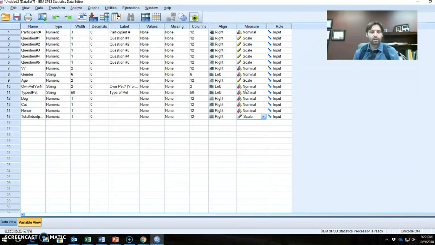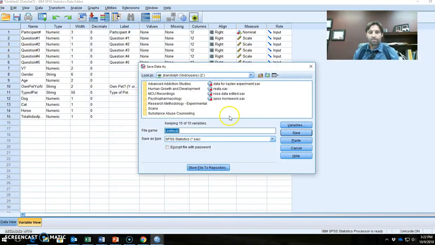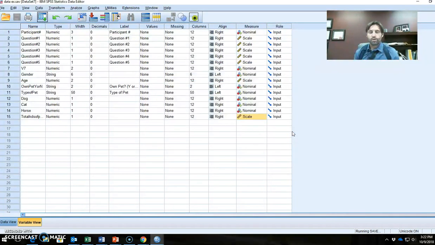transferred over to SPSS, go ahead and save your file. So file and save as. And so we'll just put this data X for data example, and I'm going to save it in the same place. So I'm going to save it. And once you do that, if you can send me what you've just saved there, and a copy of your survey,